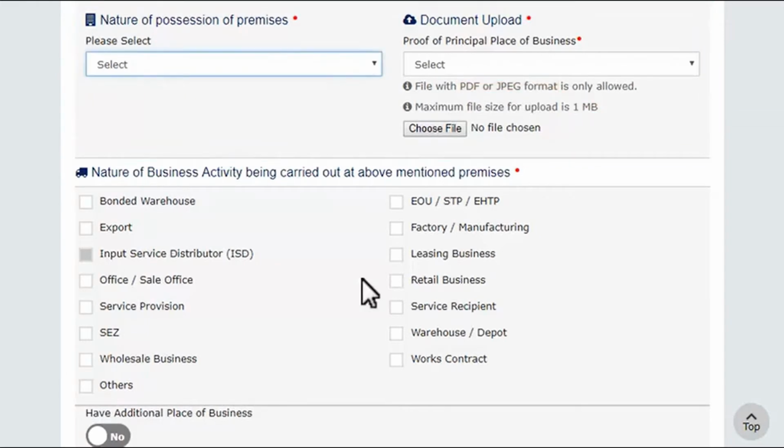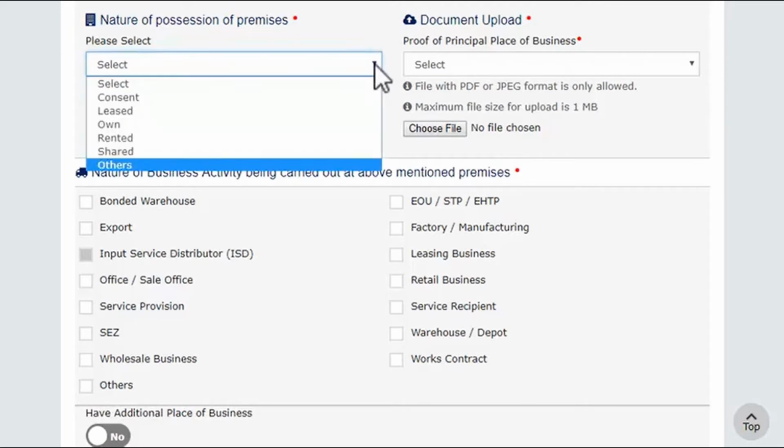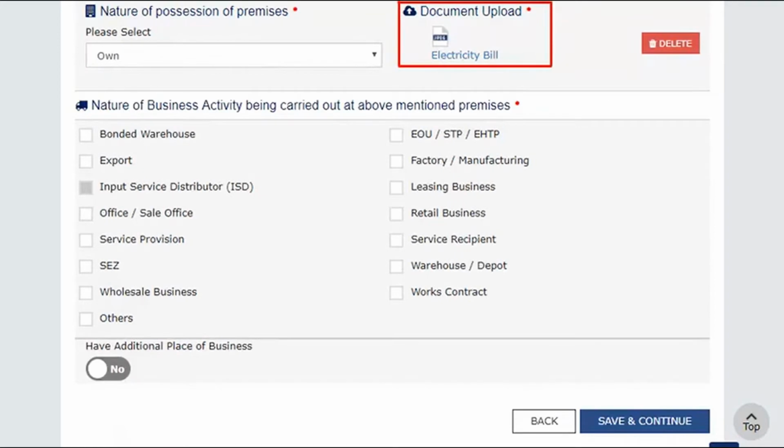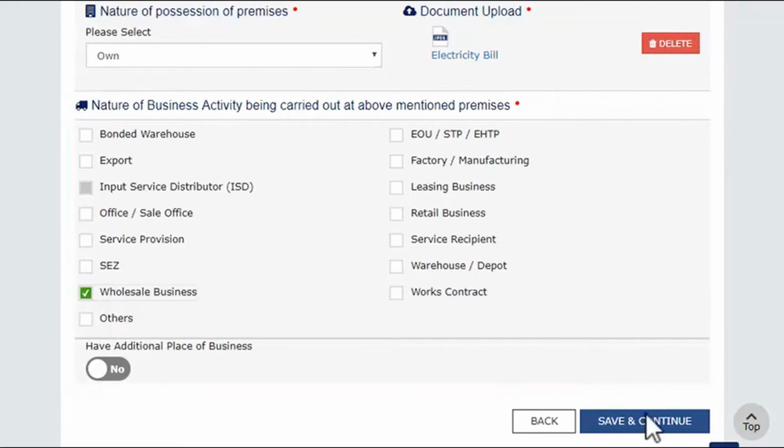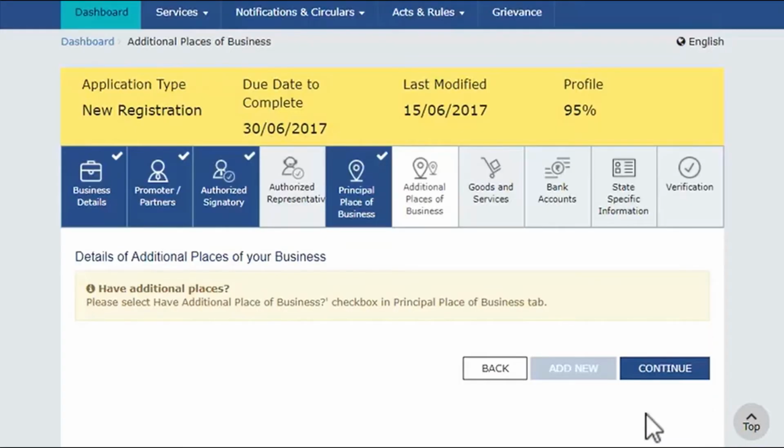In case the principal place of business is neither on rent nor on premise, select the other option and upload a no objection certificate NOC from the owner of the premises. Next, enter the nature of your business. Similarly, add the details of additional place of business in case you carry out business from multiple premises.